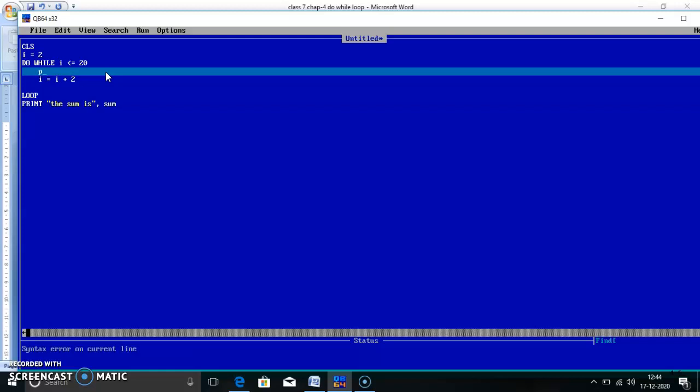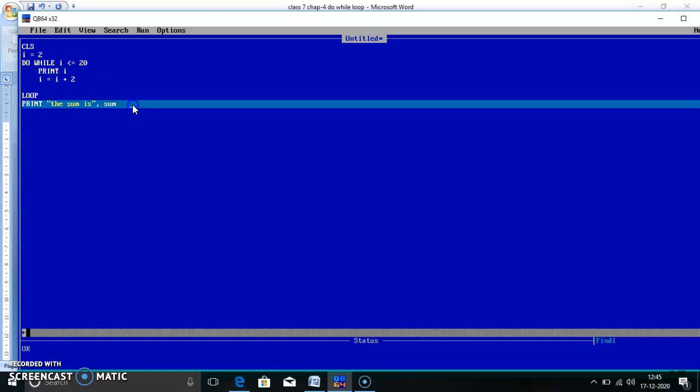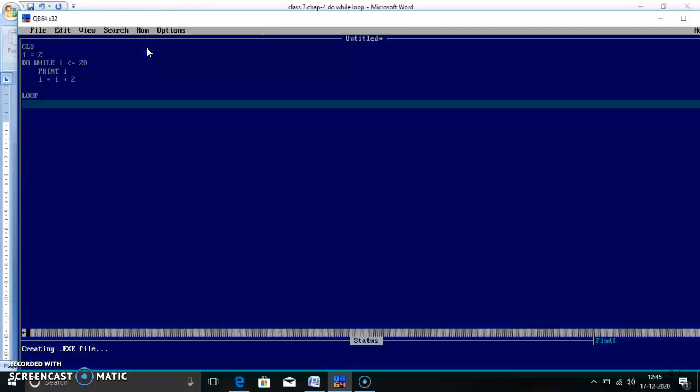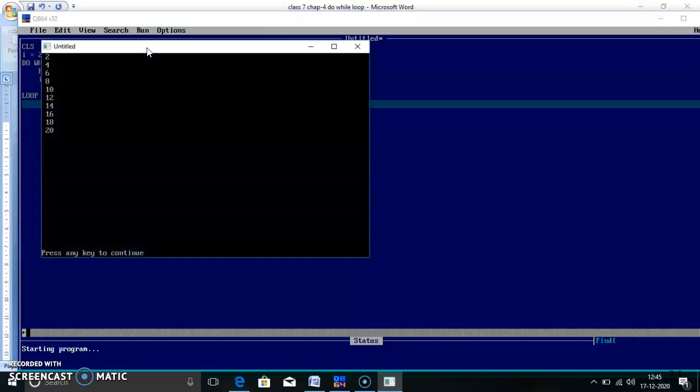We want here print I. And here I plus 2 is correct. And we don't want this line. Now I will run this program. You see the output. See, 2, 4, 6, 8, 10, 12, 14, 16, 18, 20.